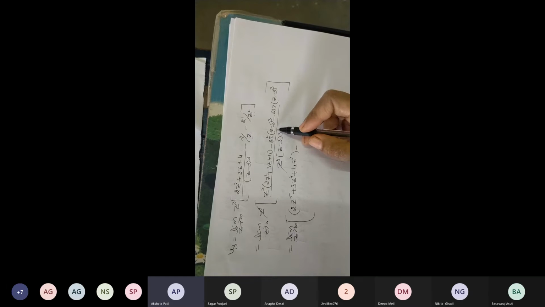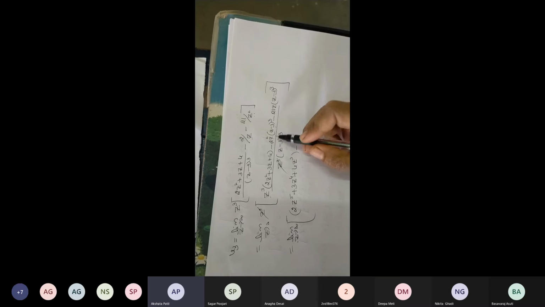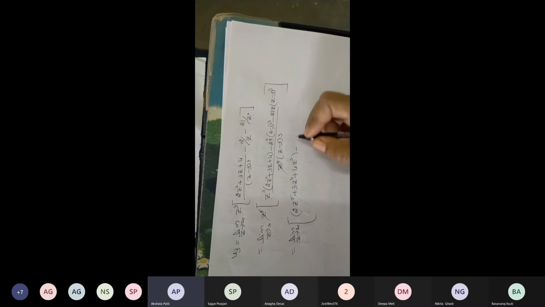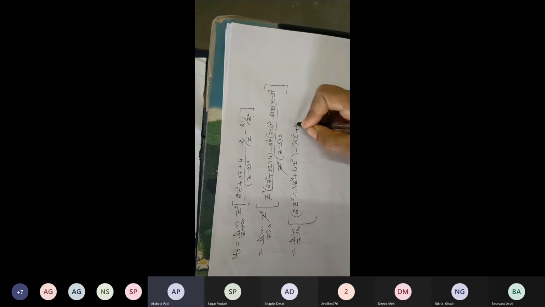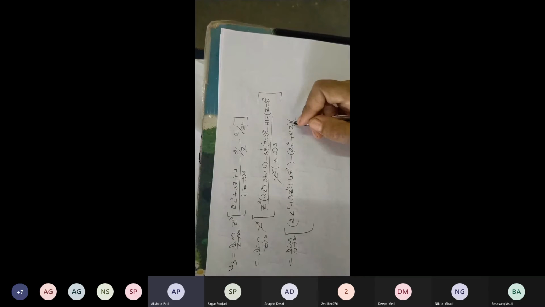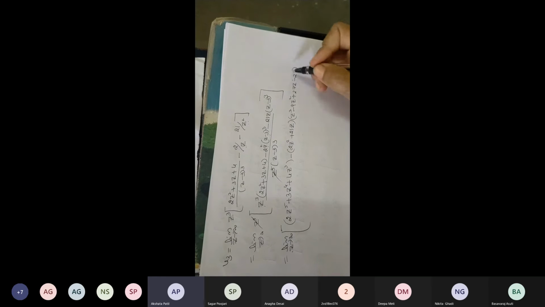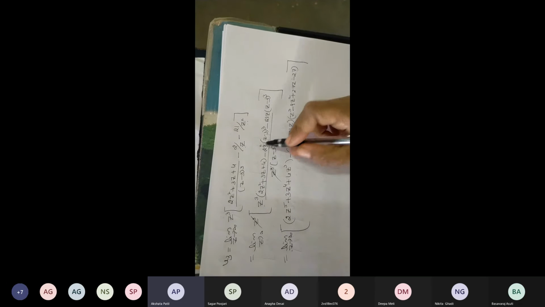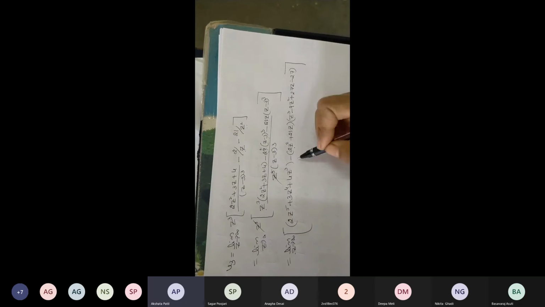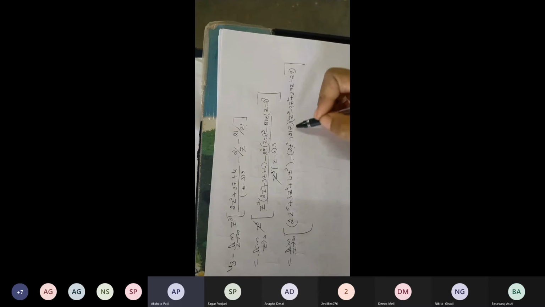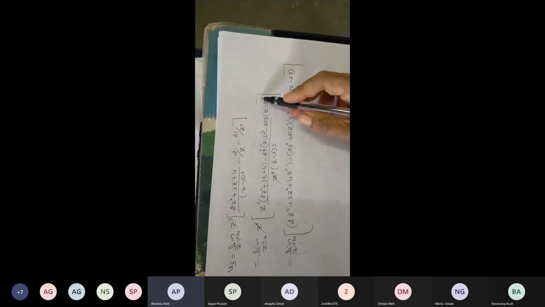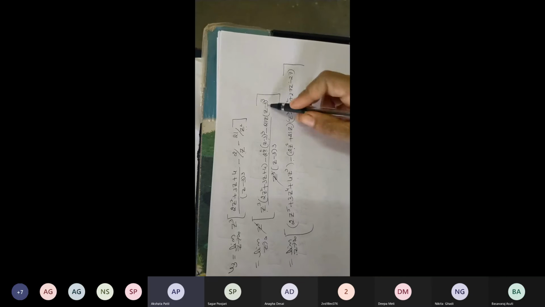So you have to use the formula (a minus b) the whole cube and multiply this by 2z square. Then you will get 2z square plus 21z. Now into that is z cube minus 9z square plus 27z minus 27. Just see here this 2z square is there, and here the minus we can take outside. So here plus 21z. Now (z minus 3) the whole cube. We have to simplify these two formulas.